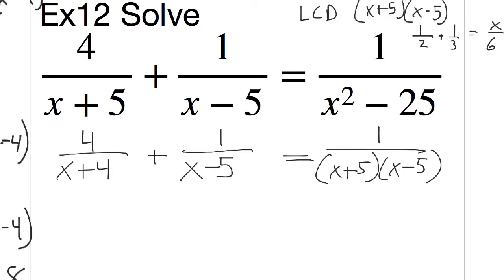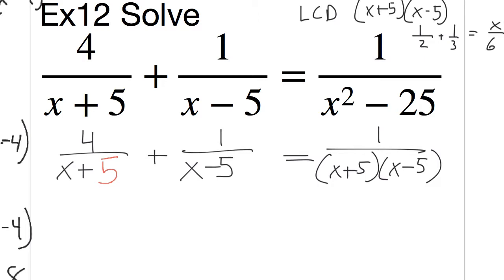Well, it's very much like the equation 1/2 plus 1/3 is equal to x over 6. You realize that 2 times 3 is equal to 6, so a great thing to multiply all three terms by would be 6, just 2 times 3. Same thing here. And by the way, I realize I copied that wrong. This is x plus 5 in the denominator. So, multiplying all the terms on both sides by the least common denominator, x plus 5 and x minus 5,